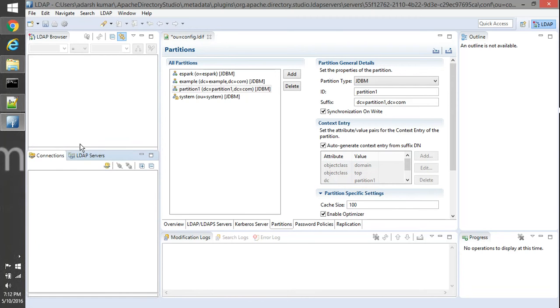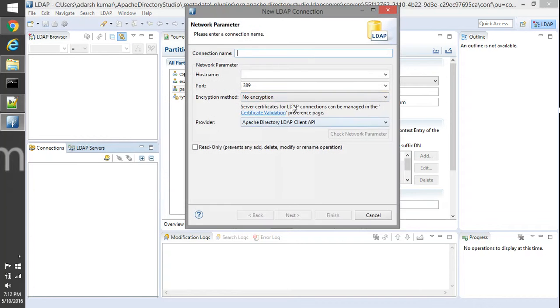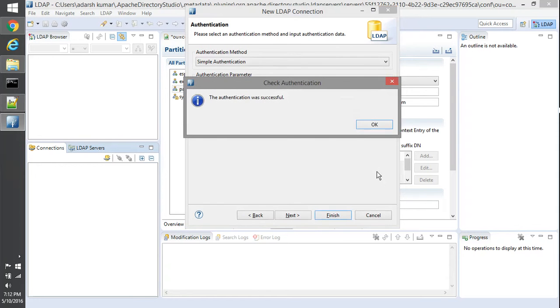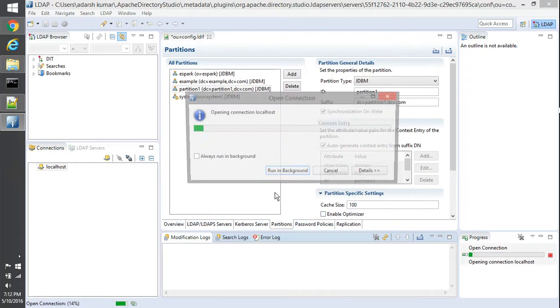So I'm going to the connection tab and creating a new connection to localhost. The port number we need to change to 10389, and then here we give UID equal to admin, OU equal to system, and secret as the password. You can see authentication is successful, so I'll click finish.